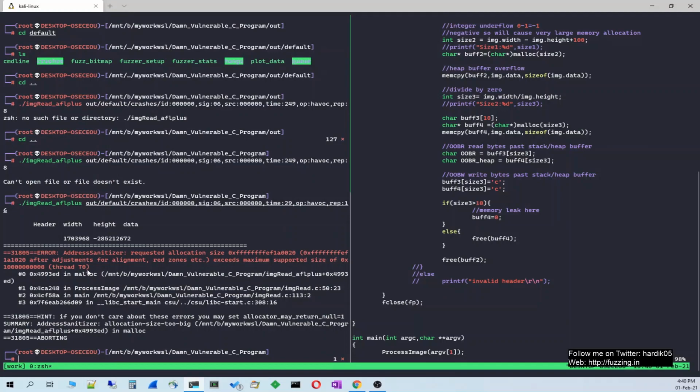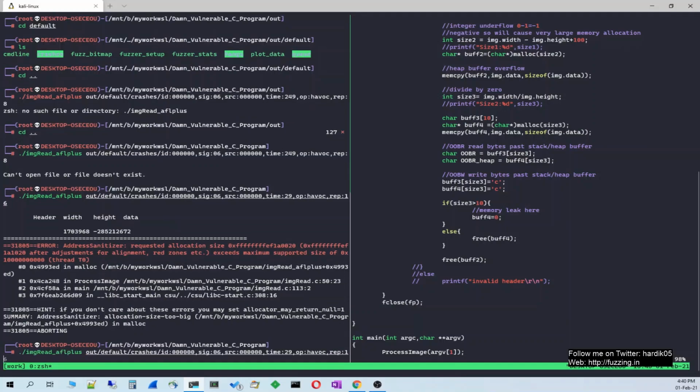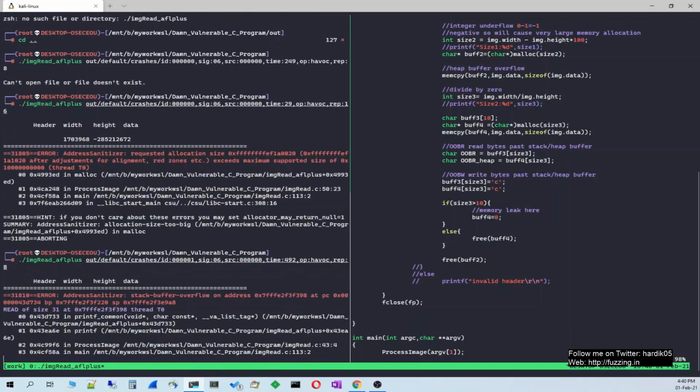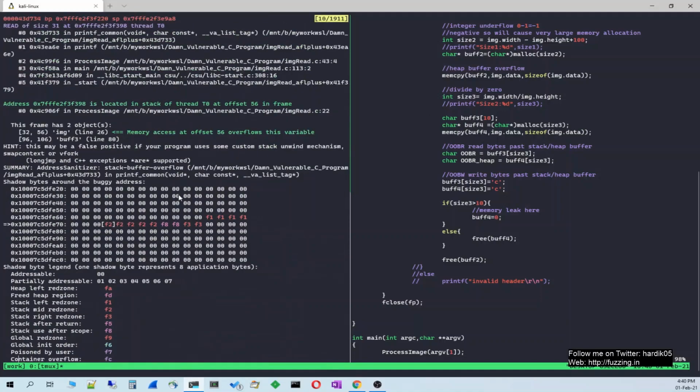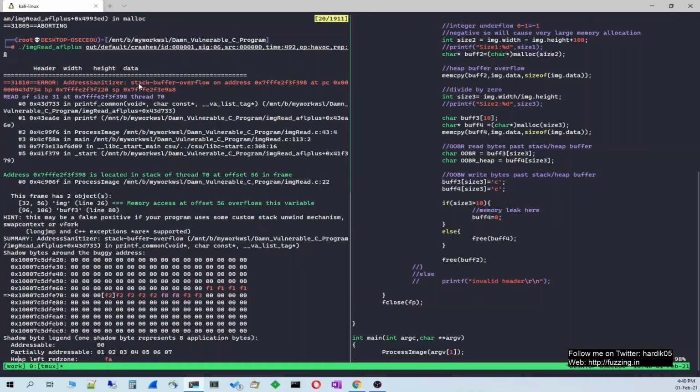This is something we've been seeing in our previous video. So this is the first case. It is maybe because of an integer overflow over here. And let's try and see the second one. How does it crash? You can see that it is a stack buffer overflow over here.